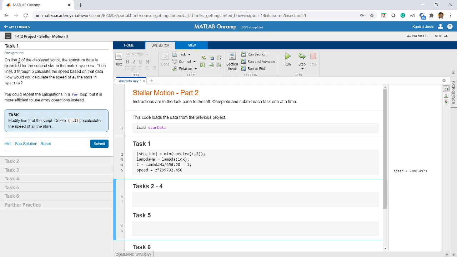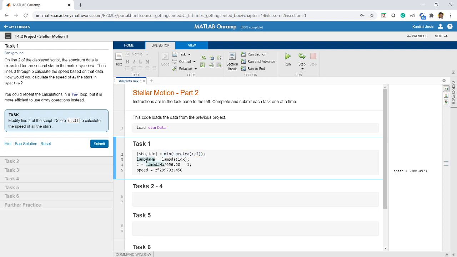On line 2 of the displayed script, the spectrum data is extracted from the second star in the matrix spectra. This command, if you remember, is [sha, idx] = min(spectra(:,2)). So spectra(:,2) gives you the second column, and min gives the minimum value of the second column and its index, which are stored in sha and idx respectively.